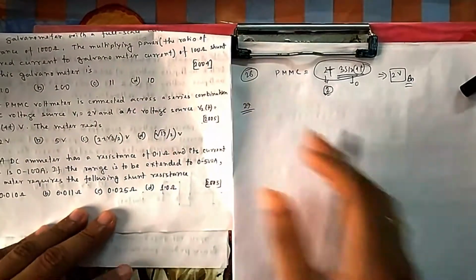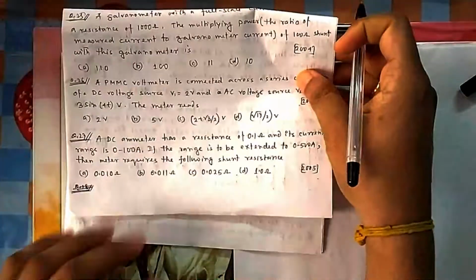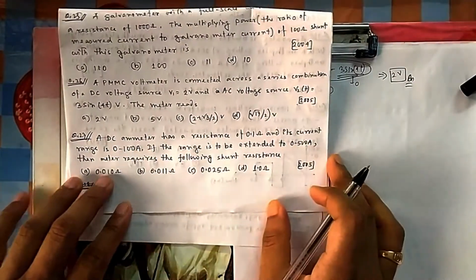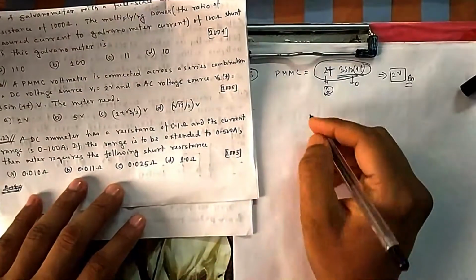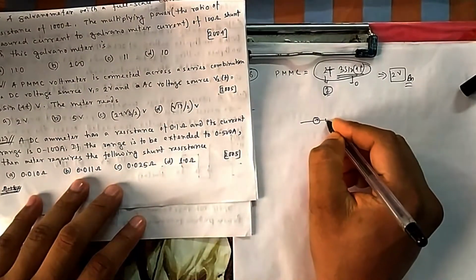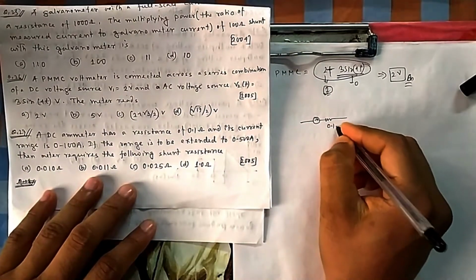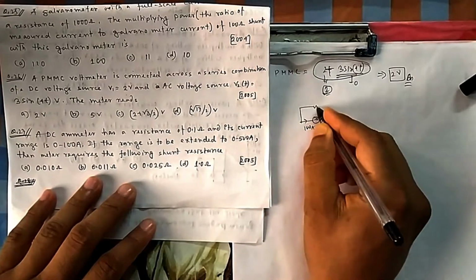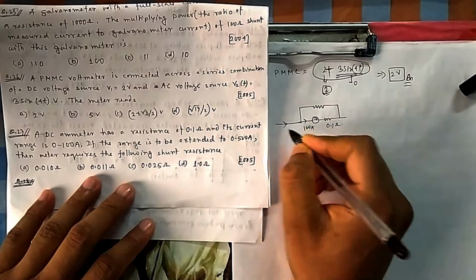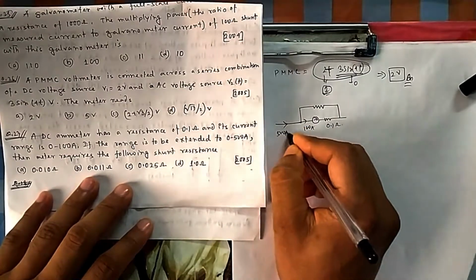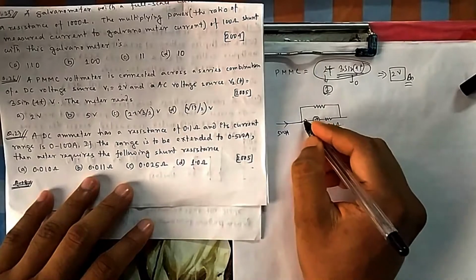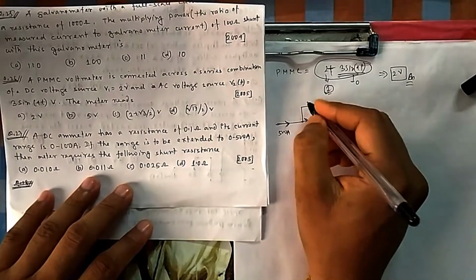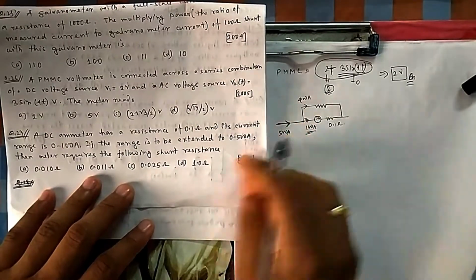Next, 27. A DC ammeter has a resistance of 0.1 ohm. Its current range is this much. Its range has to be extended. How much shunt resistance? So okay, you have an ammeter, this one, and its internal resistance is given. What is the internal resistance? 0.1. What is the maximum range? It is 100 ampere it can take. In order to increase its range, you now want to measure 500 ampere maximum. So how much shunt do you require? If you take 500, through the meter you will allow only 100 because otherwise the meter will burn. So the rest 400 will go through this. That is the job of that shunt.